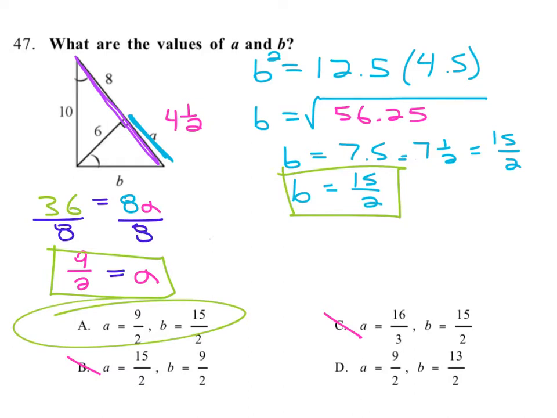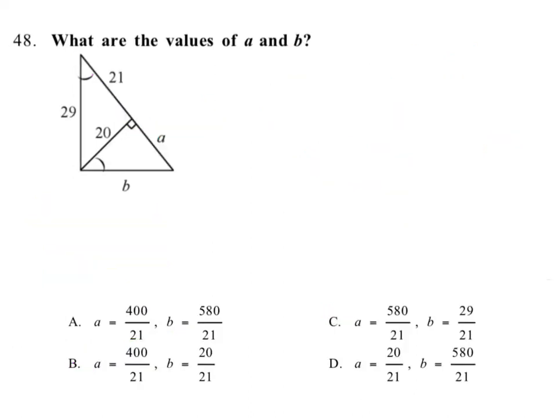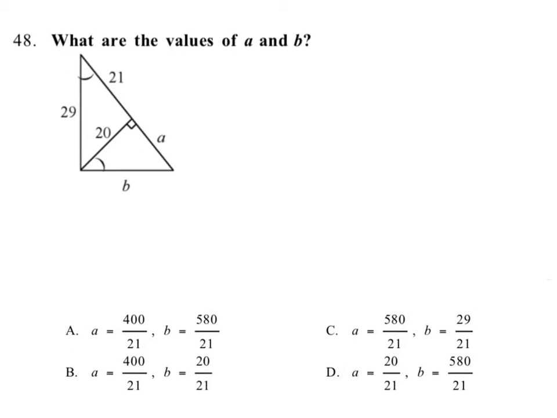There it is. Okay, this problem's a bit complex. Let's get ready for it. What we're going to do here is we're going to say, in order to find the altitude length, I should say, let's say, if we wanted to find this length of 20, we would have to multiply together 21 times A and then square root it. So we can say, another way to say that is 20 squared equals